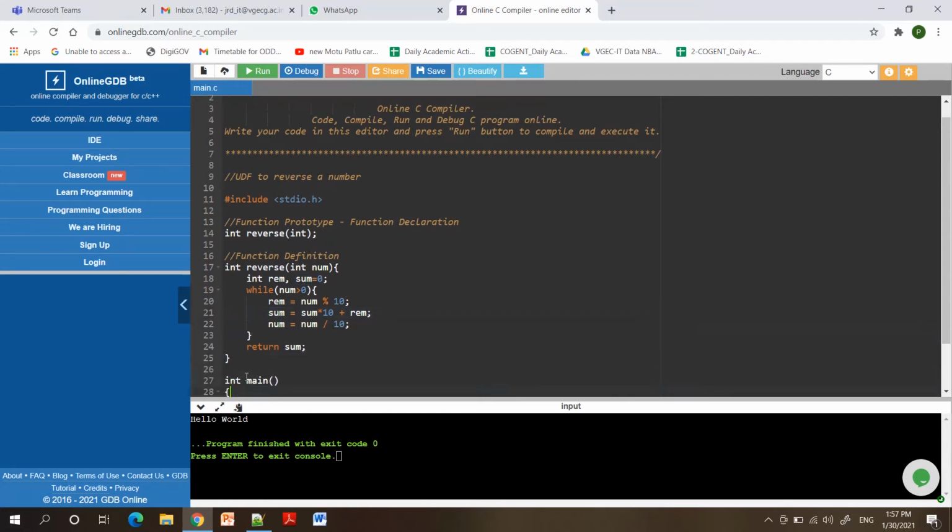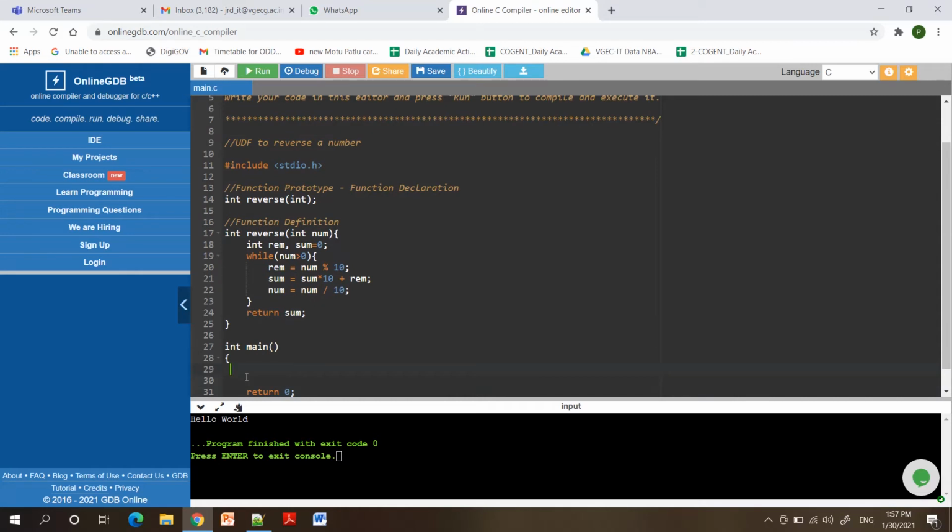After that, the third important part is function call. A user defined function can be called from any other function. Here we have the main function and the user defined function, so we need to call the user defined function from the main function.